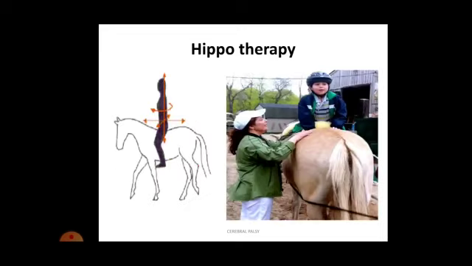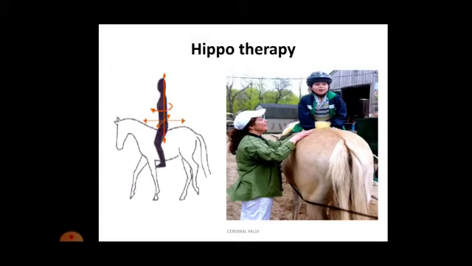Now here on the left side of the slide you can see that when any person is on a horse, he will be feeling movement in all directions, clear? So when the horse is moving, you will also feel up and down movement, you will also feel anteroposterior movement, you will also feel right to left movement, that is side to side movement, and you will also feel rotation movement, okay?